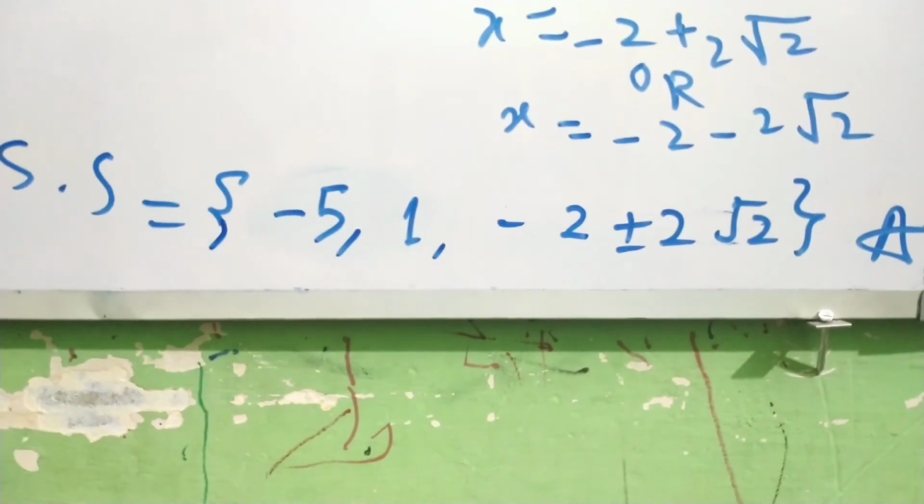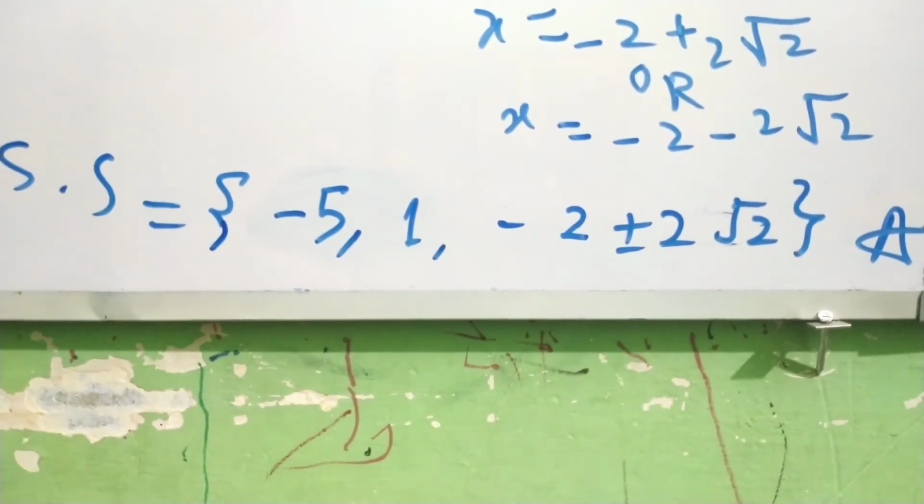We have the solution set minus 5, 1, minus 2 plus minus 2 root 2. These are the values of x for that form of the equation. So this concludes our